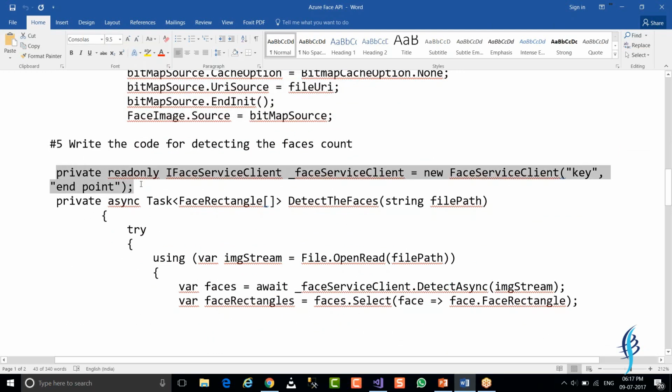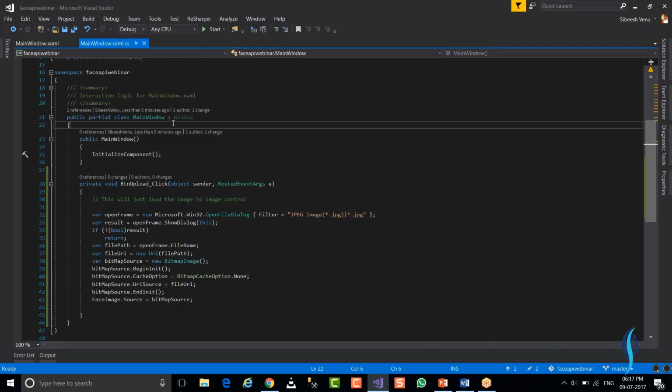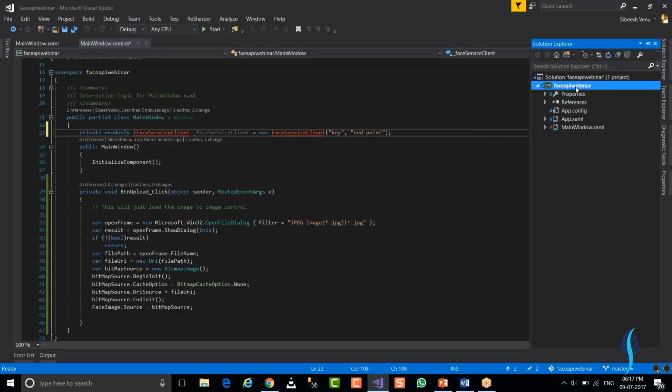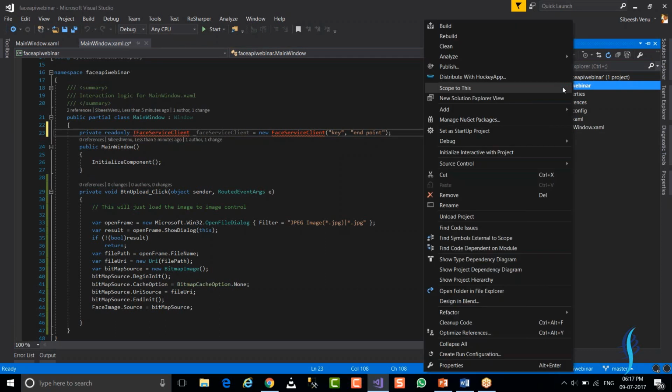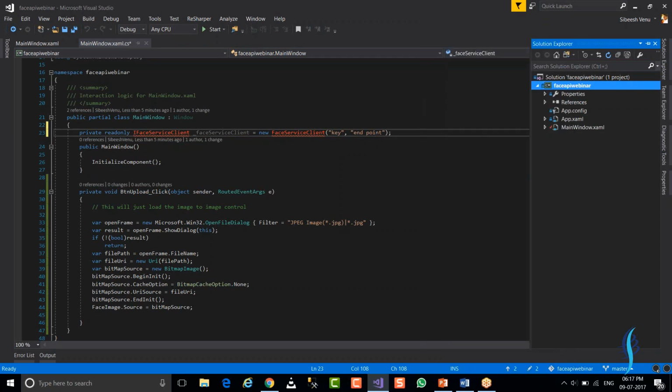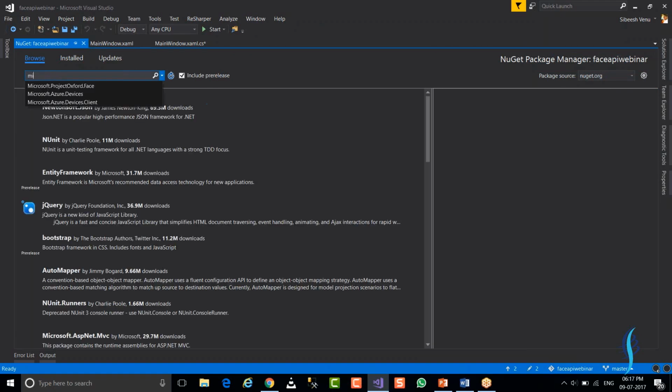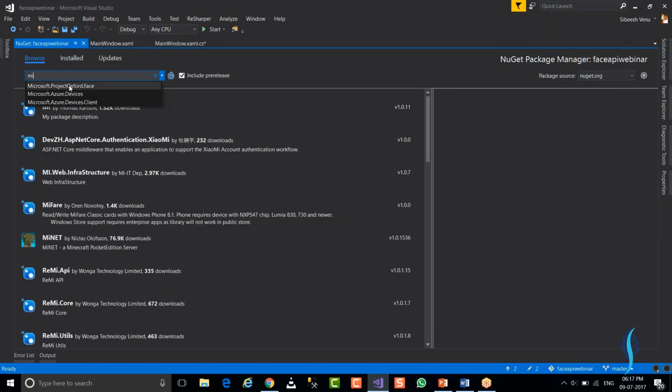So for that, we will have to create an instance of IFaceServiceClient. So this is the face client. Before we do that, we will have to go to manage NuGet packages, and we need to install this package, that is